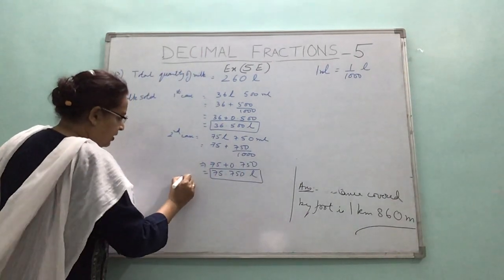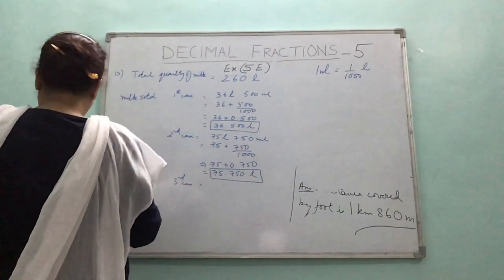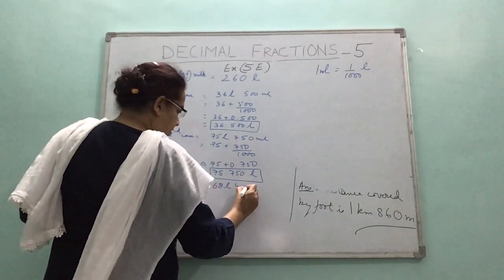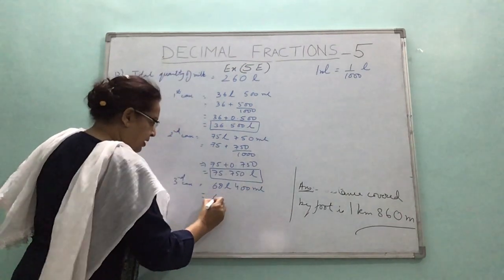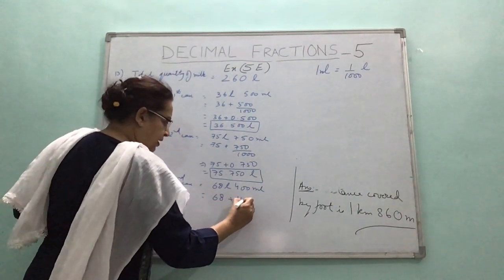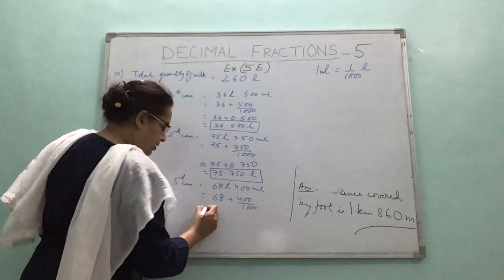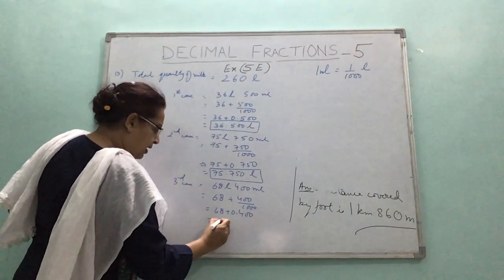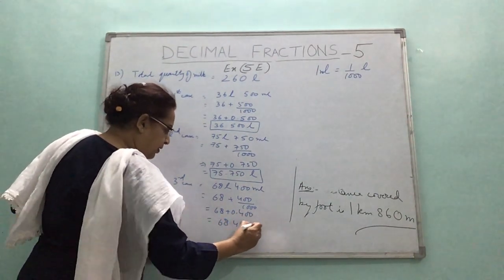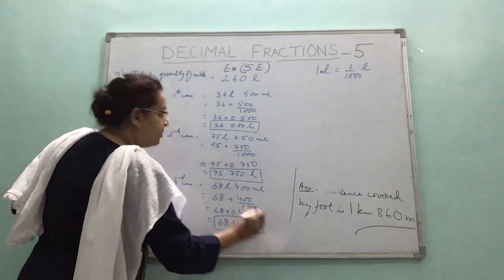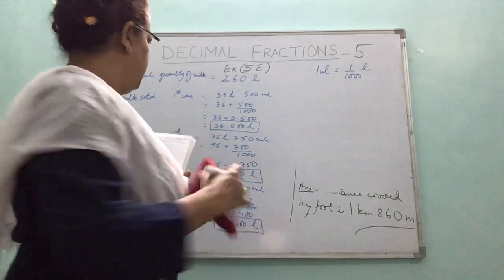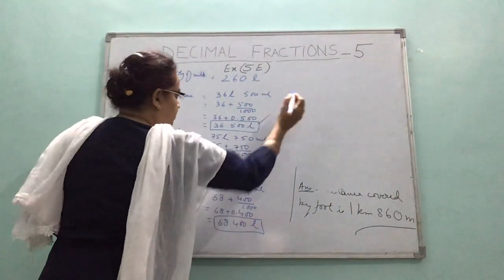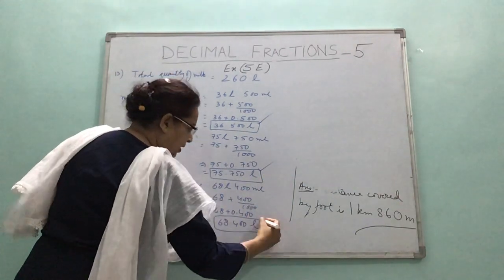Now in the third case, how much is selling? 68 liters, 400 milliliters. Well, 68 plus 400 upon 1000 converted into liters. 68 plus 0.400, 68.400 liters. This is the third case. Then he is telling out, it's a lot of values, but no difficulties. This much is sold on first part, second part, third part.